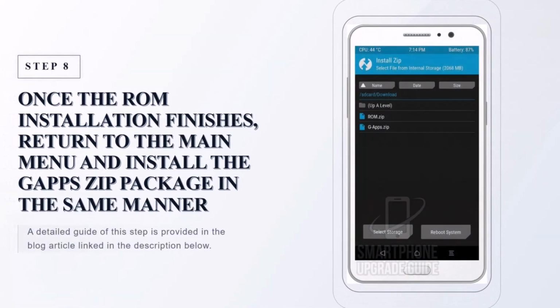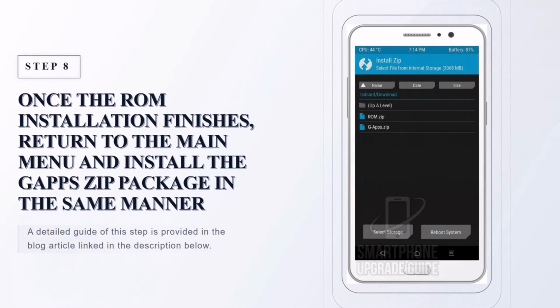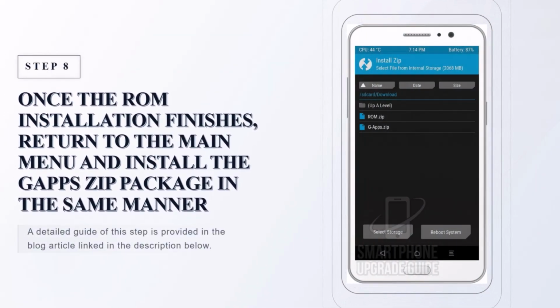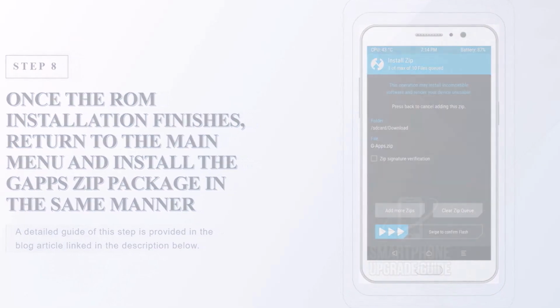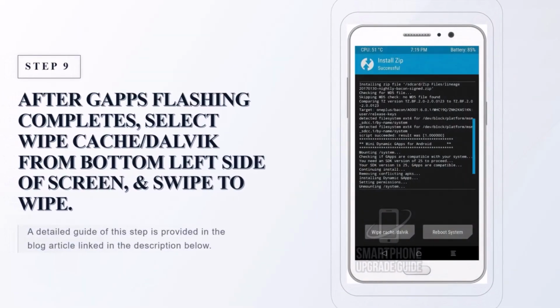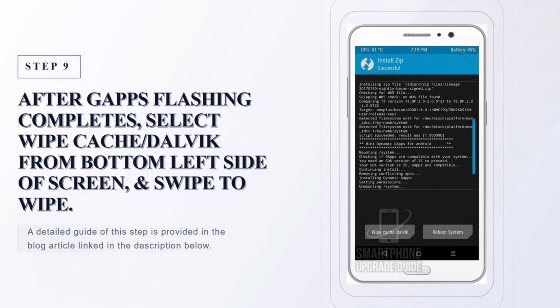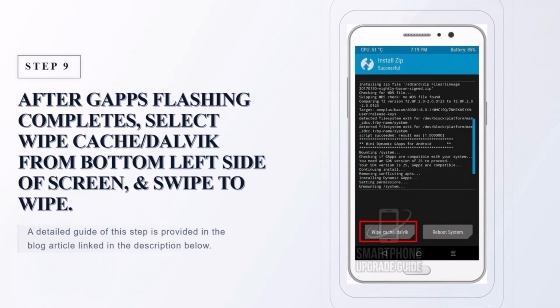Step 8. Once the ROM installation finishes, return to the main menu and install the GApps zip package in the same manner. Step 9. After GApps flashing completes, select Wipe Cache/Dalvik from the bottom left side of screen and swipe